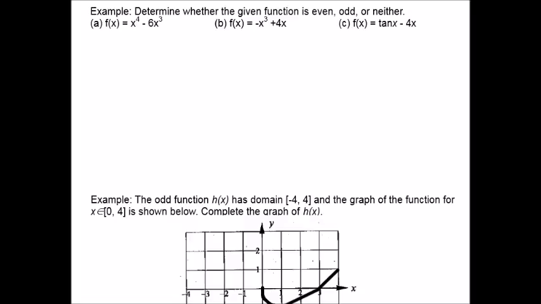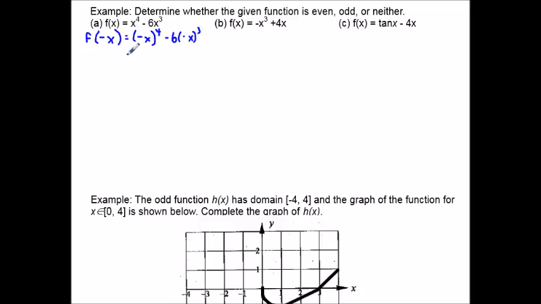This example asks us to determine whether each function is even, odd, or neither. So anytime we're asked to determine this, we're going to follow what we did in our last example that asked us if it was even, and plug in -x and see what happens. So we're going to start with f of -x is equal to (-x) to the power of 4 minus 6 times (-x)